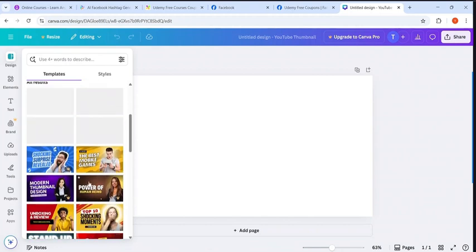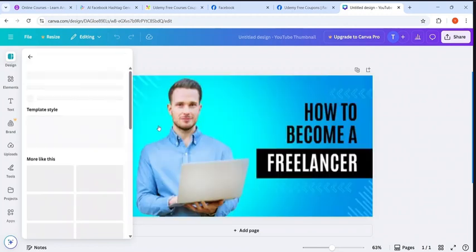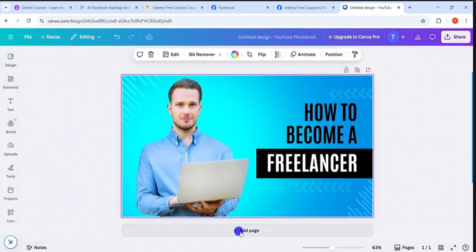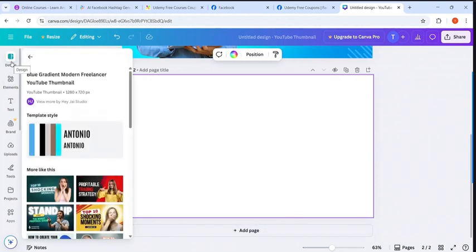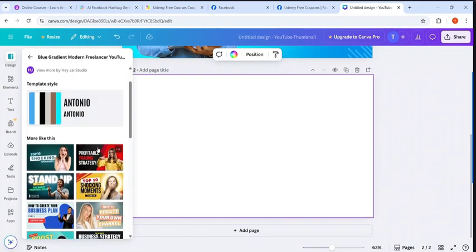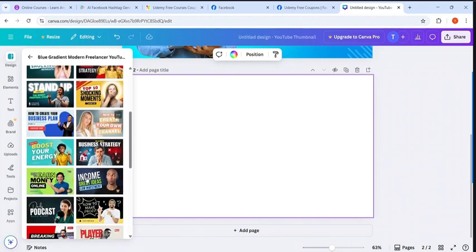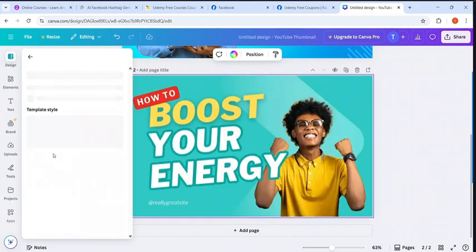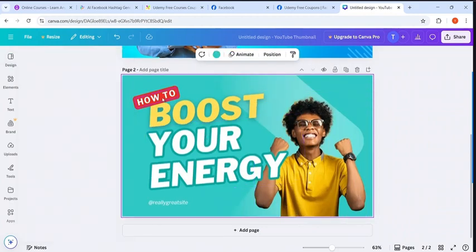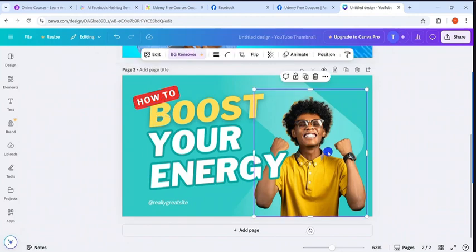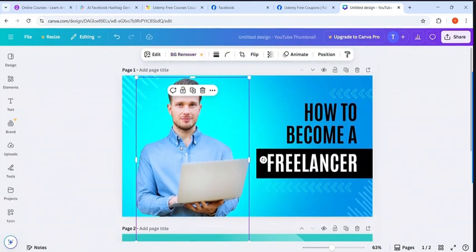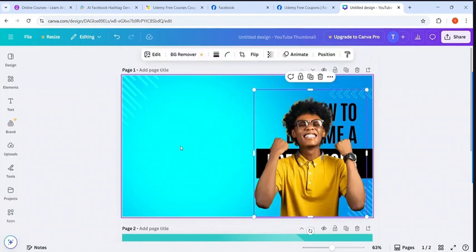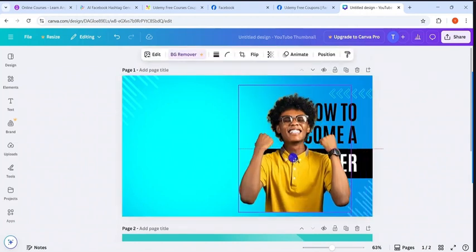So what I just want to do is I just want to select this one, and I will click on add page, and after that I will go to design again, and I'm just going to select this one as an example. So what I want is I just want this image. I will copy it, and I will delete this, and I will paste it, and I will